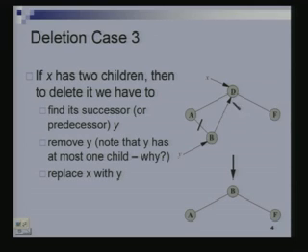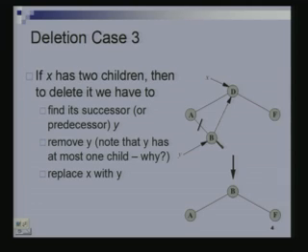Okay. So, since it has two children, let us do the following: it has a left subtree, it has a right subtree. We will find the predecessor of d. How do you find the predecessor of d? We have seen how to do successor, but we also said you can equally find the predecessor. Well, the predecessor of d would be the largest element in the left subtree. So, we just have to come left and keep going right. Since b does not have a right child, b is essentially the predecessor of d in this example.